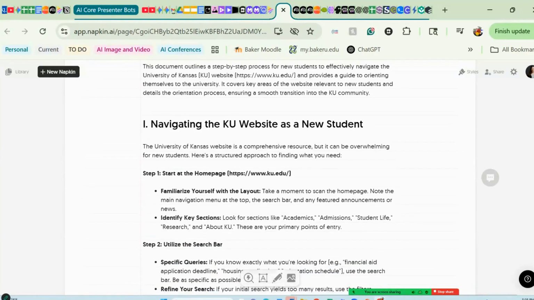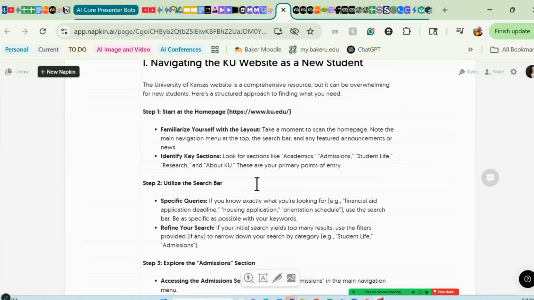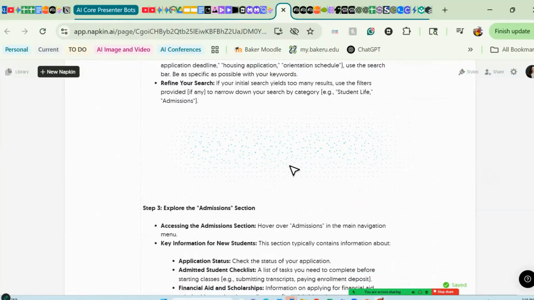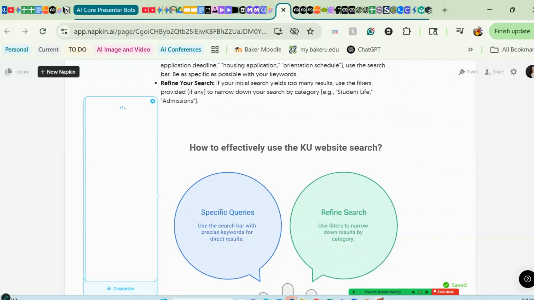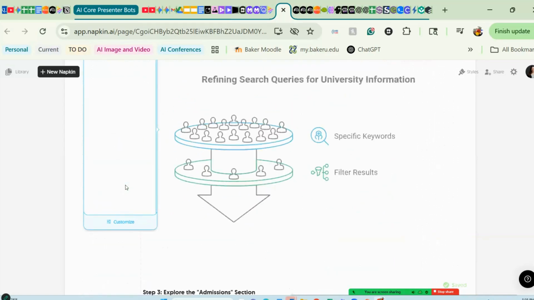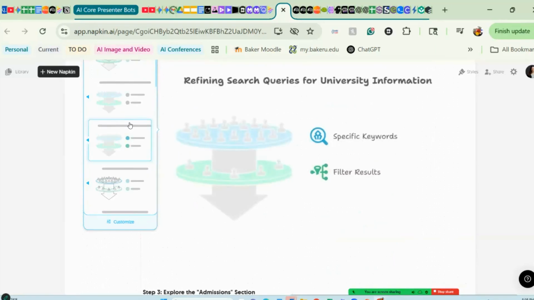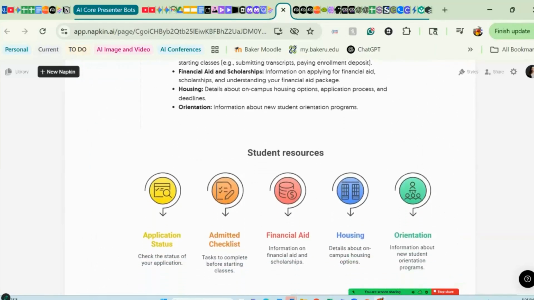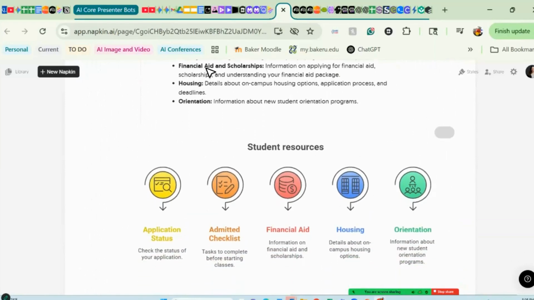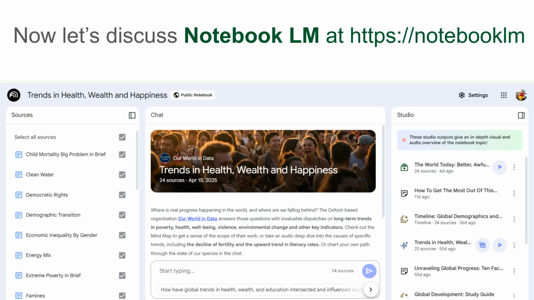And anything we want to change into a chart or specific guideline, all we have to do is go over here and click that blue button, and it will make it into sections, and you can choose which kinds of sections you want to be specific charts. So here are the options, the specific queries. This one just had two pieces to it. So some of them have more pieces, you'll have more options. For example, this one, the student resources, it had application status, admitted check, and it gave specific options. I just made that one.